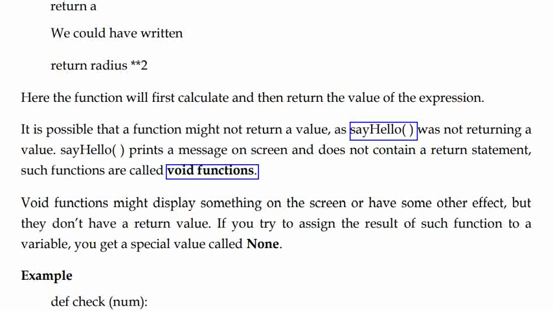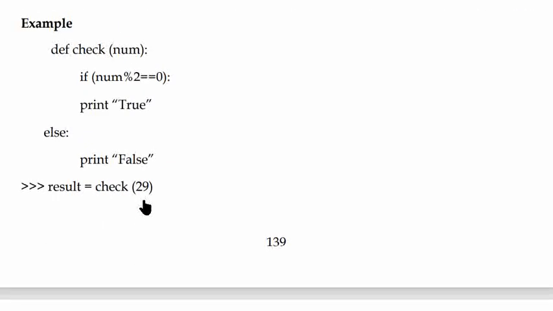Let's take one example. Here a function is defined. The name of the function is check. One argument is passed, the argument is num.